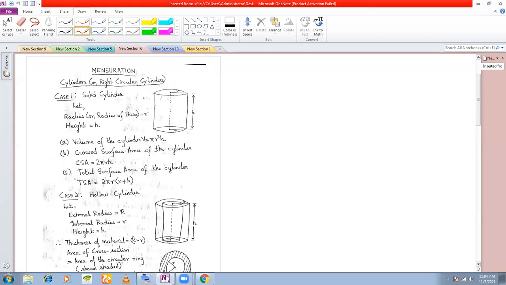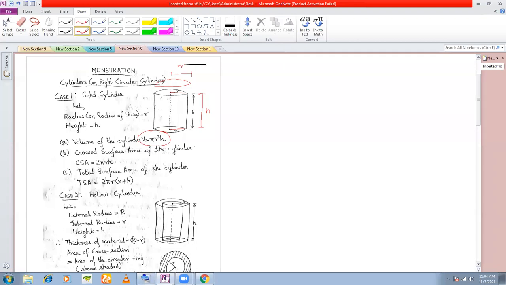Okay, so the height of the cylinder is denoted by small h, and the radius of the cylinder is denoted by small r. As you can see in this figure here, this is your radius, also called the base radius. So you have two circular bases here. This is one circular base at the top, and you have another circular base. If I take the radius of this base as r, and the height of this cylinder as h, then the volume of the cylinder you can find out by the formula V is equal to pi r square h.